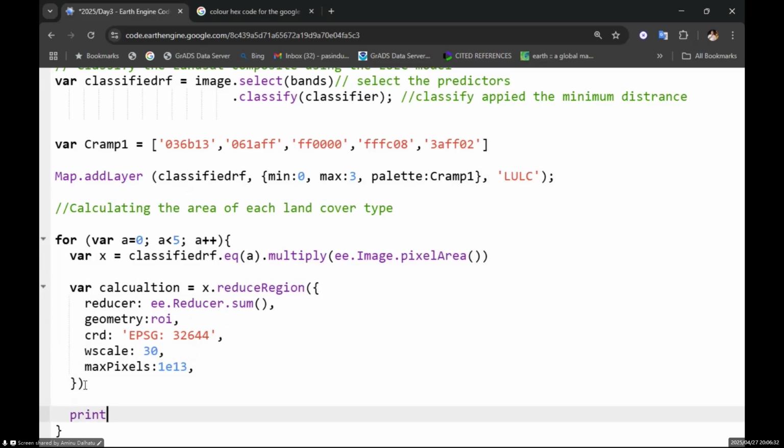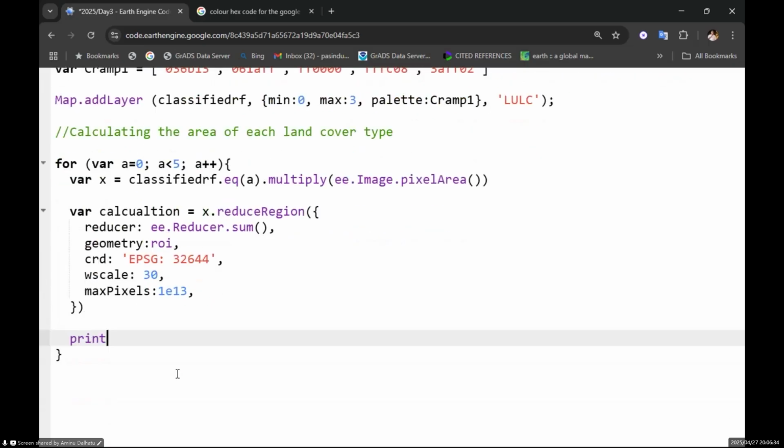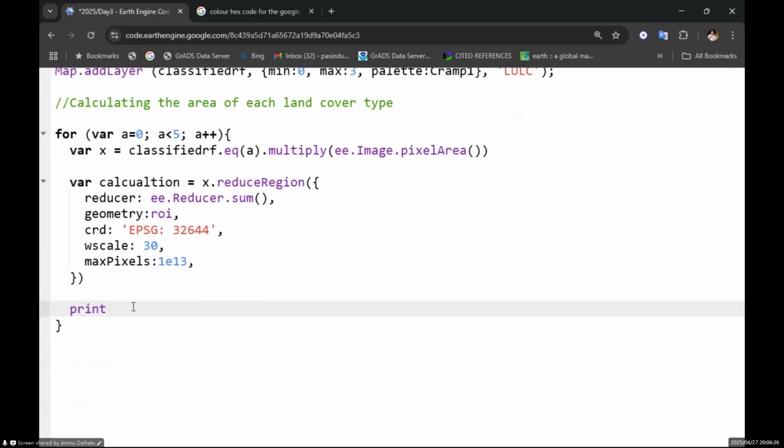So the print, ID, which means the class type number, it will be type, and plus a plus